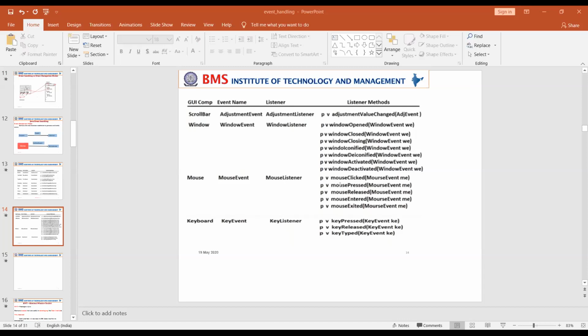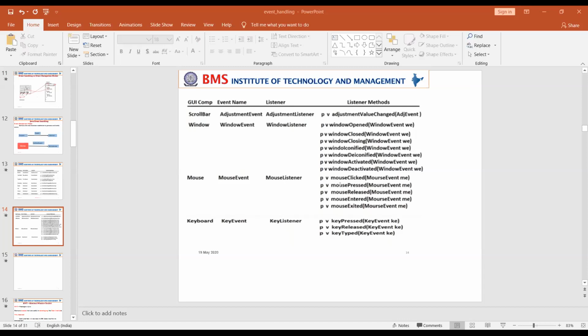Now what should I do? To illustrate all these operations, I need some frame. So how do I create it? I'll define a class, say MyFrame. It should act as a frame class, so I should extend the Frame class.